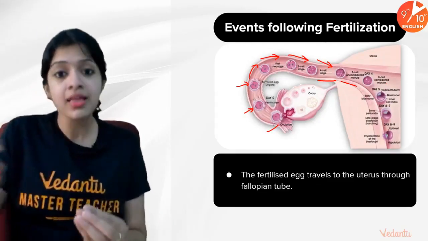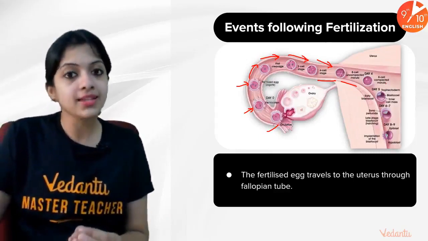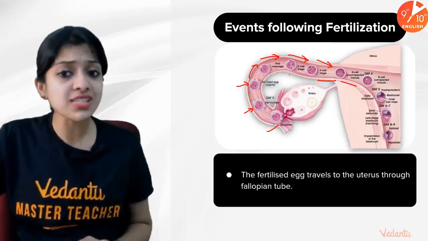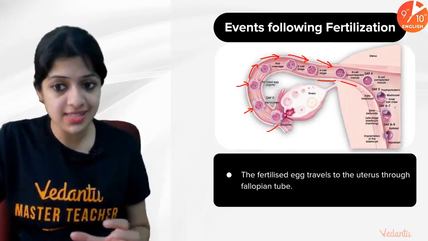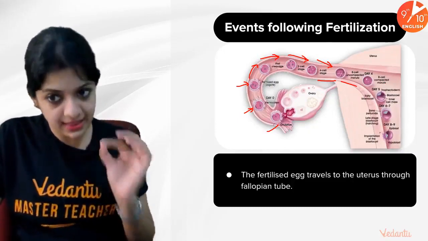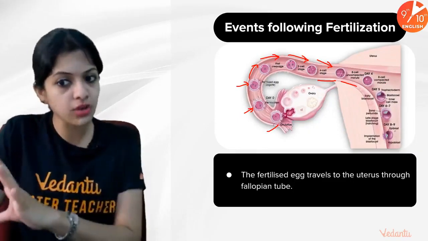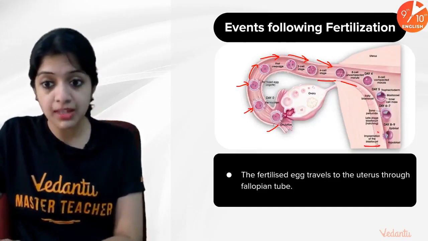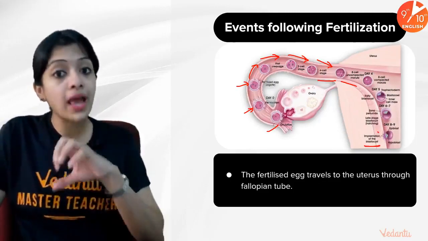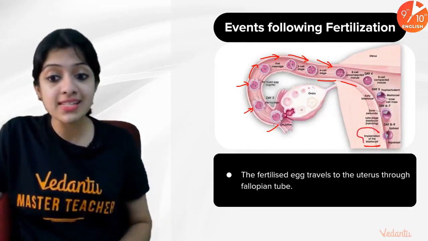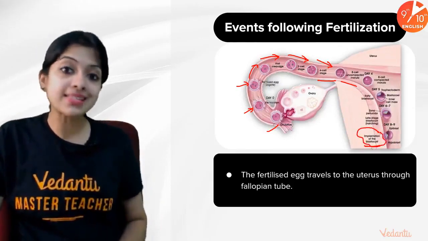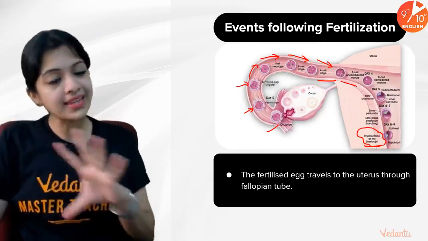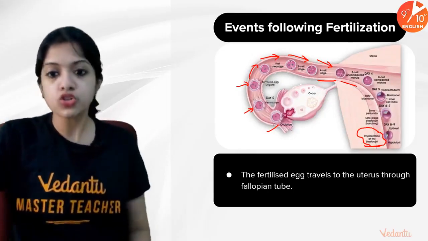It's not like directly the zygote is going into the uterus and getting fixed there. Rather, on its way to the uterus, it's undergoing a lot of cell division stages, and eventually when it reaches the day 8 to 9 stage, in whatever stage it is, we call that the blastocyst. The blastocyst gets fixed or embedded in the uterine wall. This is the process which we call implantation. Once implantation has occurred, that is when we say pregnancy has been established. This is very important to